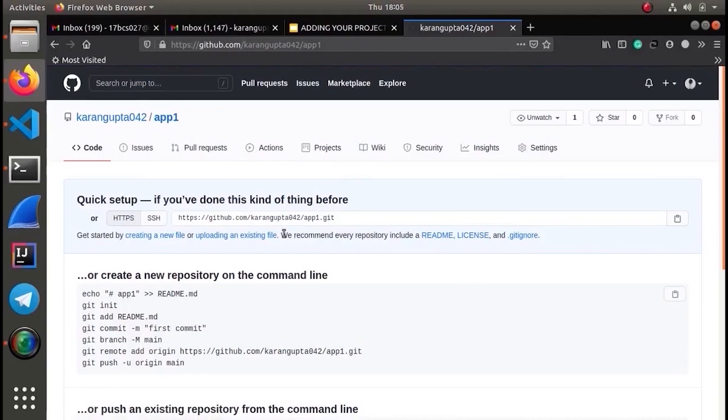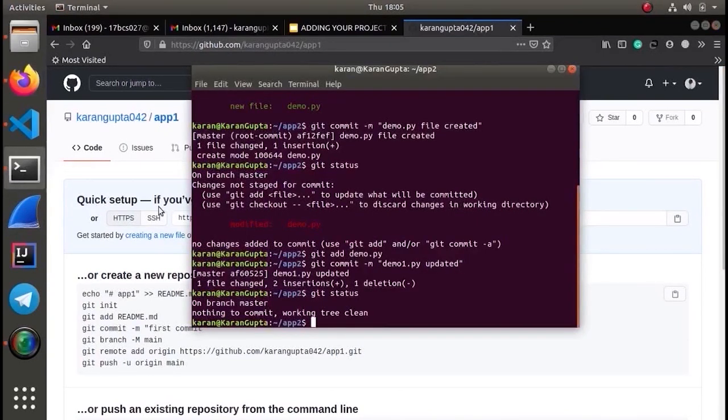Now we have our particular Git repository ready. So it's time to connect our local repository to this remote GitHub repo. To do this, we will use the command git remote add origin.